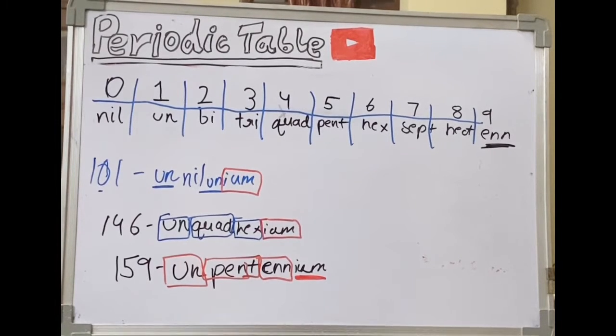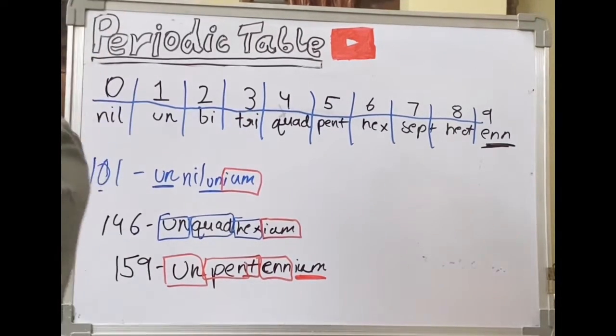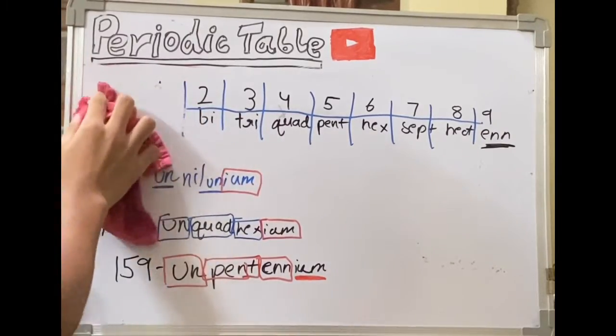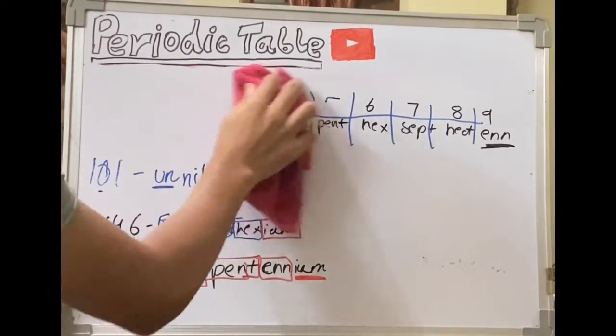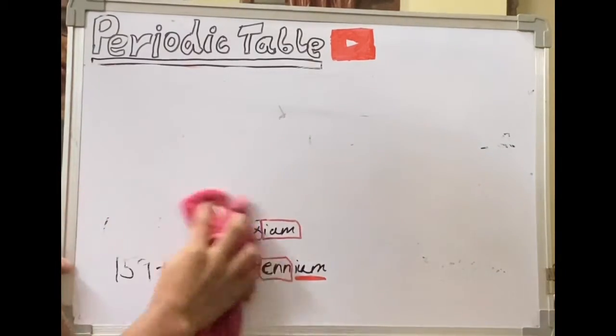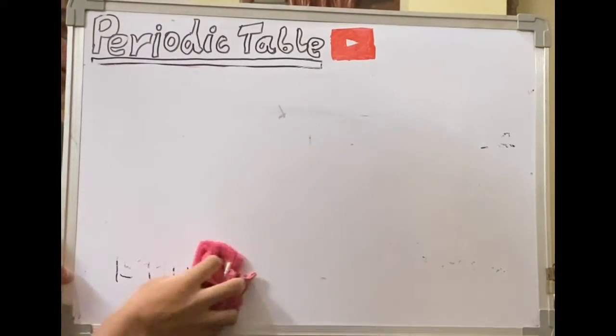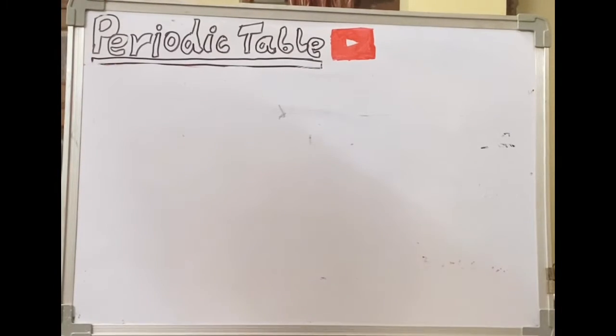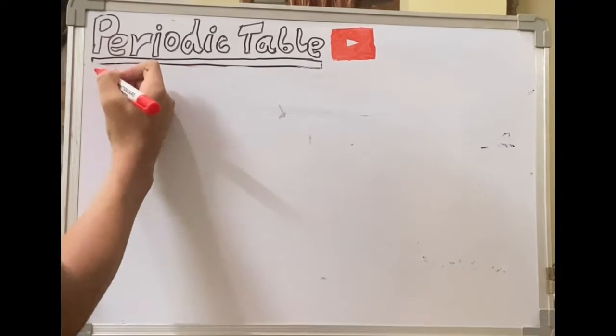Now we'll have a look at the different blocks in the periodic table. As we all know, you might have heard from somewhere that there are 4 types of elements in the periodic table: S block, P block, D block, and F block. Okay. So first we'll draw the periodic table as fast as possible. It will be H.